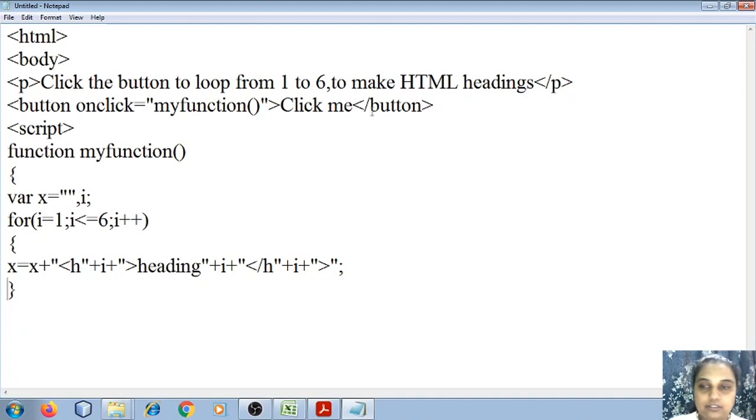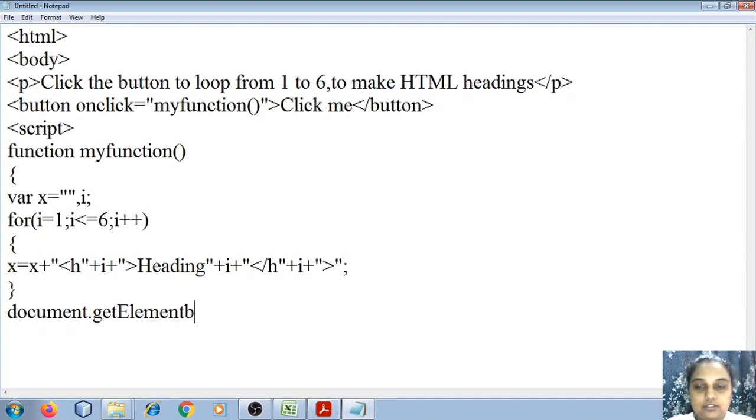Alright, and then I write document dot getElementById, which element, demo, okay, and then dot innerHTML, innerHTML is equal to x.